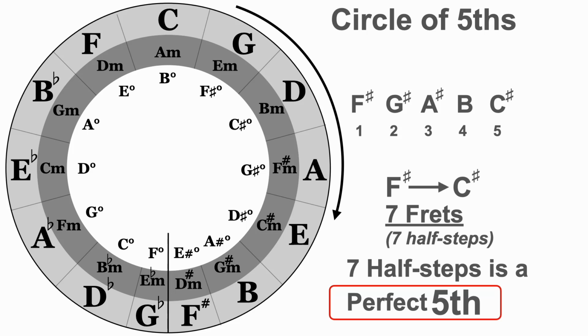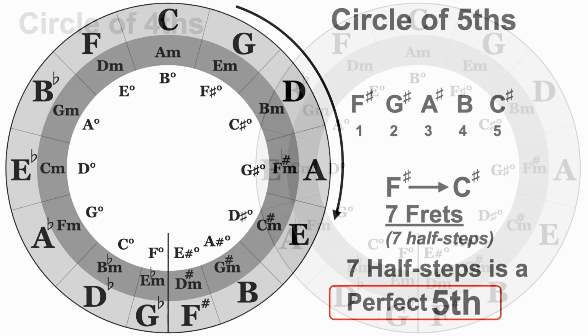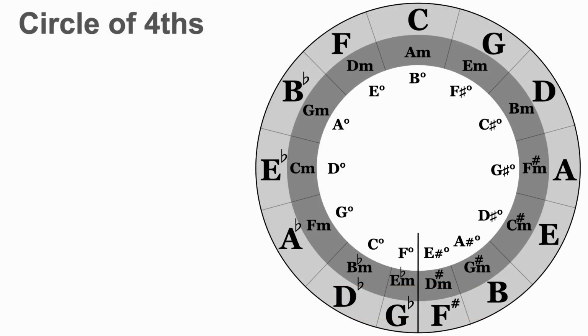And that's why we call this the perfect fifth, or the circle of fifths. It's because of the perfect fifth. There are going to be times when you hear this referred to as a circle of fourths. And I want to talk about why we talk about the circle of fourths here in just a moment. We call this thing the circle of fifths. There will be times when we need to refer to it as the circle of fourths. And typically when you refer to this as the circle of fourths, it's because of a specific piece of music